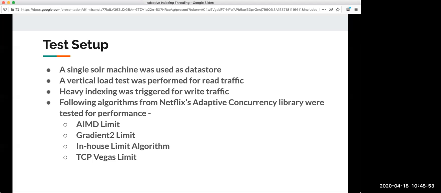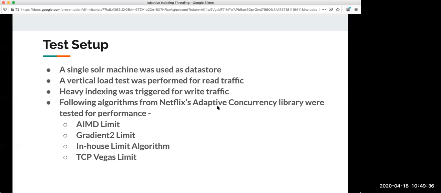What Netflix did with this library is it said instead of entry, we should look at how many people are there in the club at any point in time. We can have a max of say 500 people in the club at any time. Whenever a new person wants to enter, we look inside and say, okay, we have 400 people, so we can let this guy go in. So instead of the entry barrier, we are looking at the number of concurrent requests we can process. And the limit, 500, that the room can hold, is also not fixed. That is adaptive. That is calculated by the library, depending on the response times and stuff.